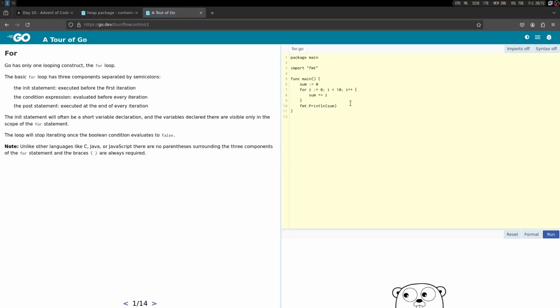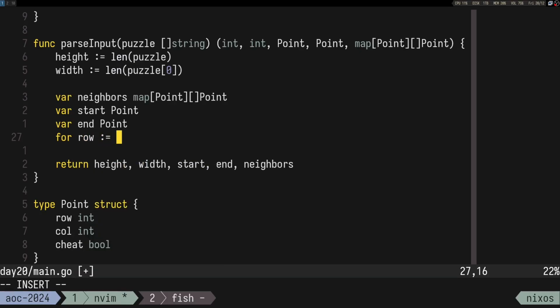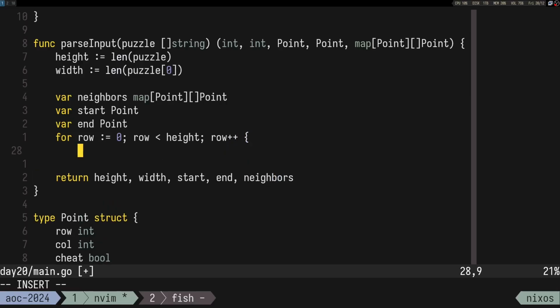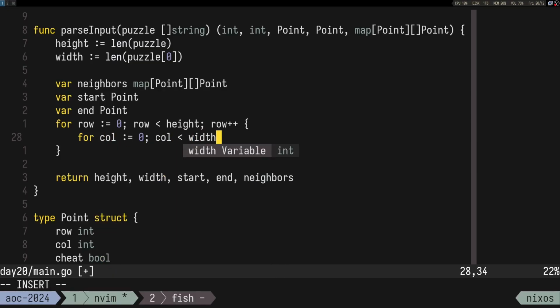So it's just a for loop. So for row is equal to 0, row is less than the height, row plus plus. We should be able to do some stuff. Maybe if we do for column is equal to 0, column is less than width, column plus plus,